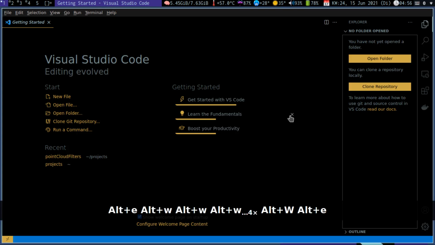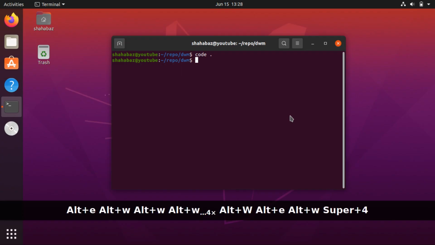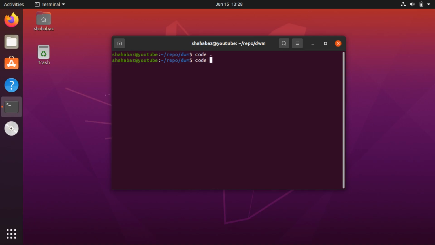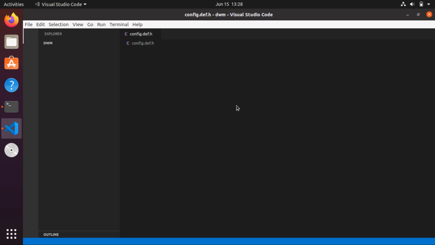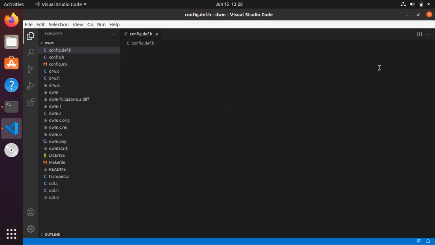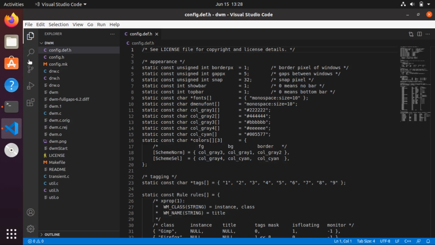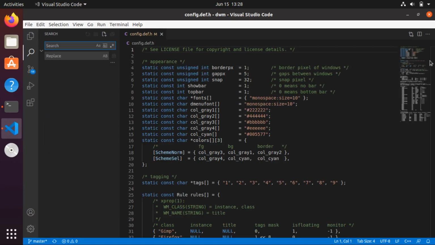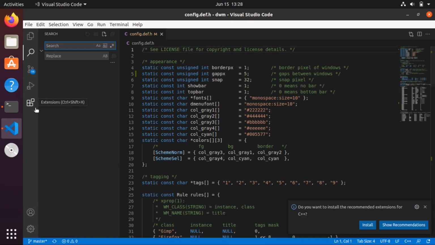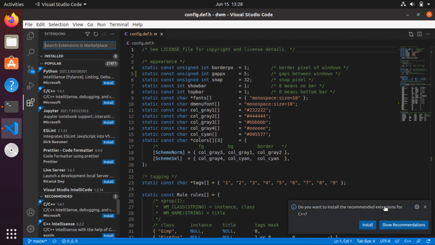Let's see how it looks out of the box. So out of the box it looks something like this. By default you will have all the sidebars on the left side and not on the right side, and there will be a mini map on the right. And extensions, you can see there are no extensions installed, and if you want to do, say, C++,